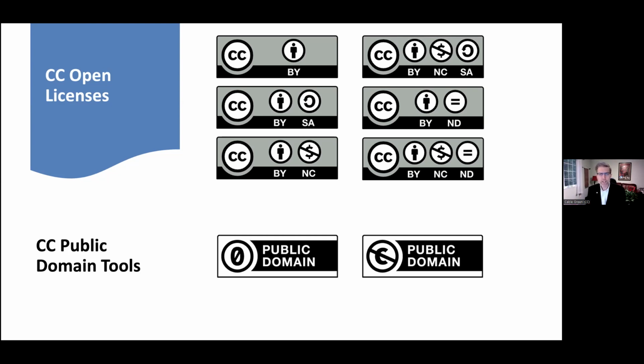The second public domain tool is called the public domain dedication. This is simply to essentially put a sticker or put a mark on works that are already in the public domain so that people aren't fooled into thinking it's something that they have to pay for or that they have limited rights to. So when something's in the public domain, oftentimes they'll put the public domain mark on it.